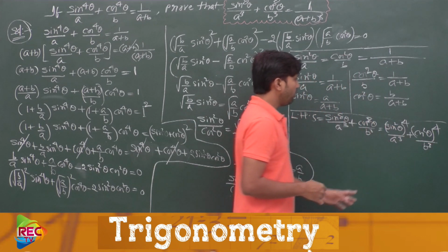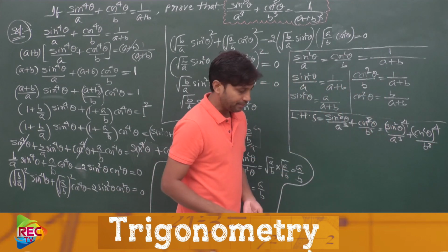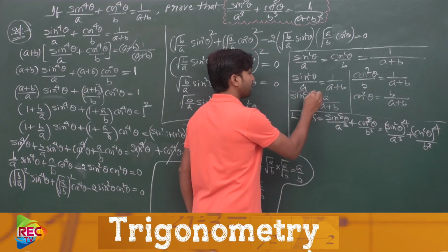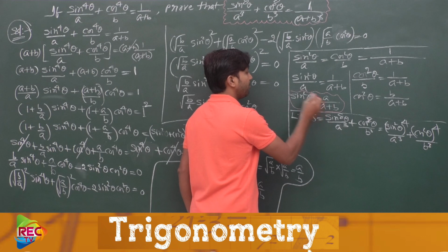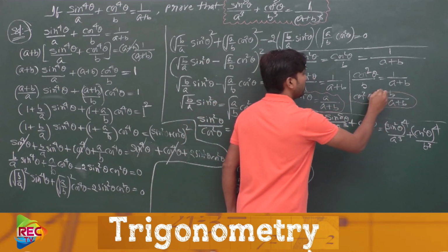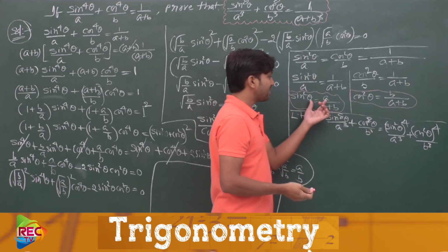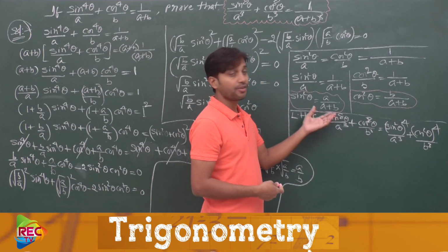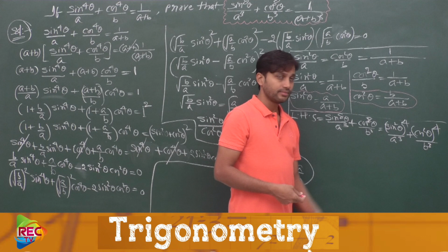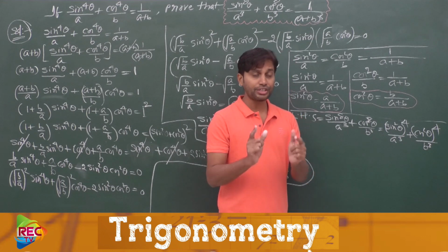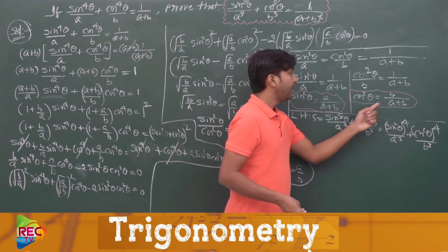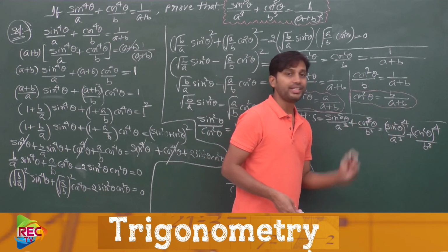Right. Now, as you obtained, let me tell you here, we obtained previously the value of sin square theta and the value of cos square theta, no? So we can substitute the values of sin square theta and cos square theta in terms of a and b over here. Got it or not? Sin square theta value we can put down here, and cos square theta value you can put down here.